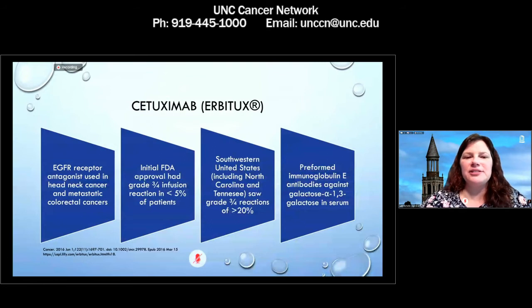And also in the package insert, they recommend pre-medicating with antihistamines and corticosteroids. And we still do that at UNC: 20 milligrams of dexamethasone, 20 milligrams of famotidine, and 25 milligrams of diphenhydramine are our standard pre-medications. But I think this has been a lifesaver for us, because we used to have one-to-one observation